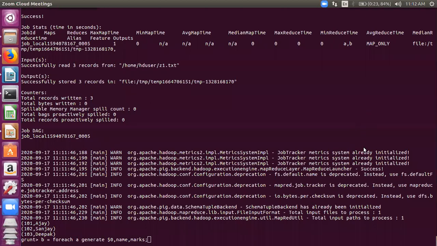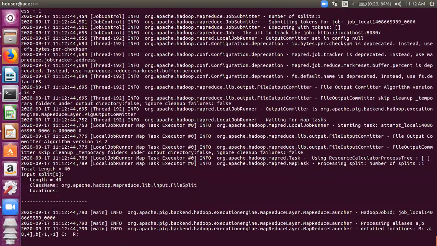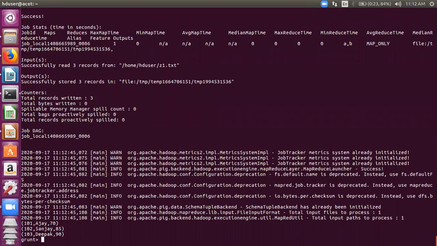Mridul, you can answer. Yes, sir. Will it work? Yes, sir. Yeah, it will work. Fine. So we can work in combination also, no problems. This is the output that you've got for this command. $0 picks up the first field, and then you're giving the names of the fields. That's fine. Both ways are good.